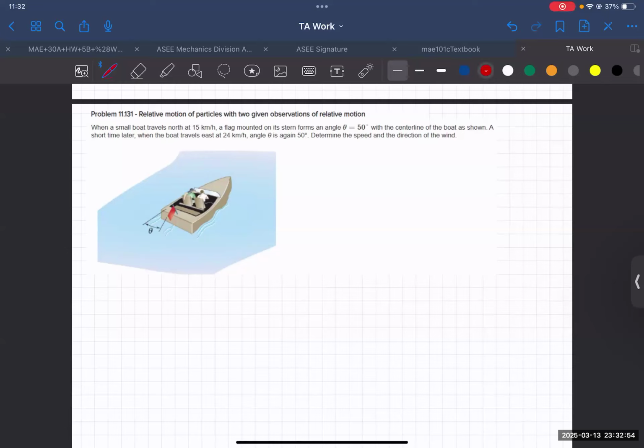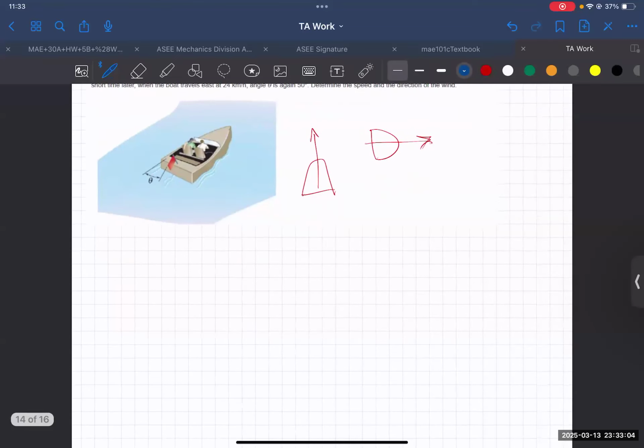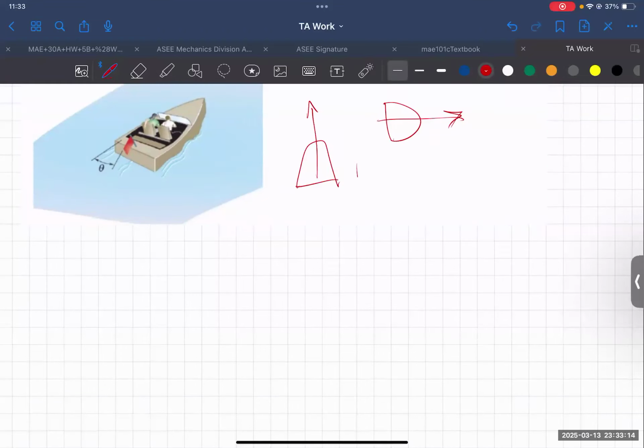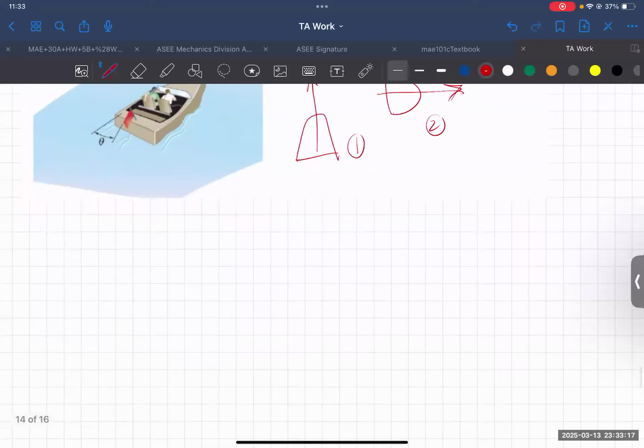There's two cases. One case when the boat travels this way. It goes this way. So for both cases, for case 1 and case 2, let's take a look like that. Case 1 and case 2. So this is 1, 2. Case 1, we have velocity of wind. So let's do this first. So overall,